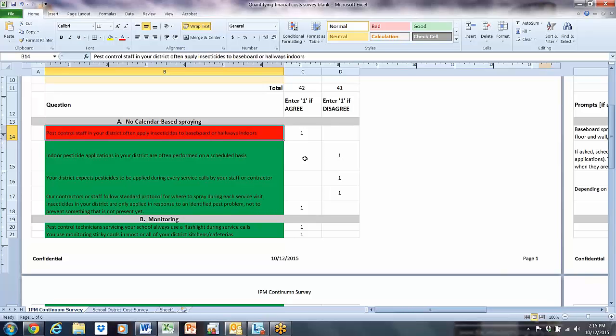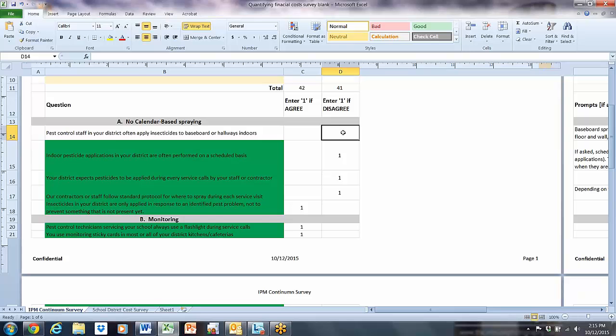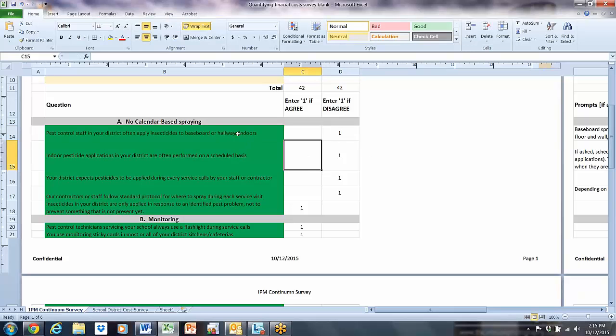If you say, so Joe, tell me, pest control staff at your district often apply insecticides to baseboards or hallways indoors? And Joe goes, yes. Well, you put the 1 here. Joe answers no, you put the 1 there, and you'll see the green comes back. So this is a trigger for you, the question person, the interviewer,